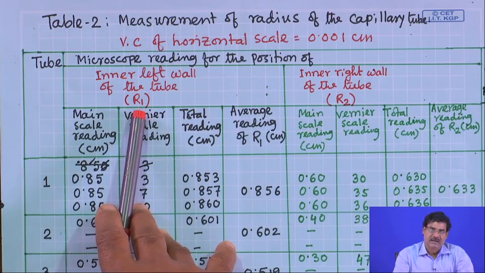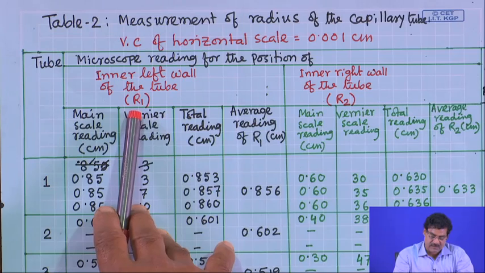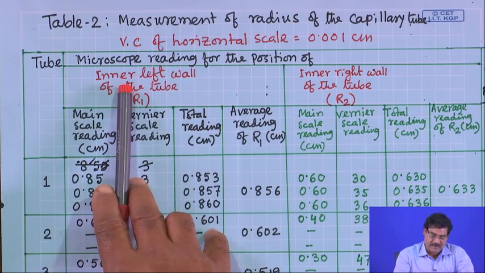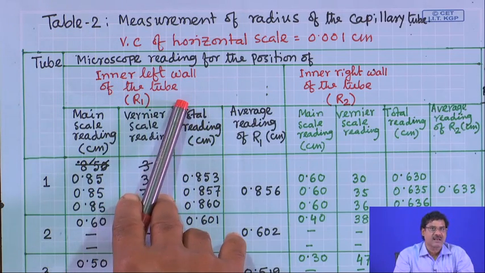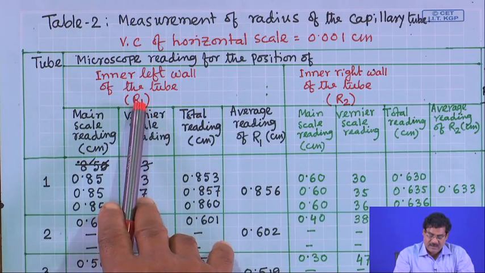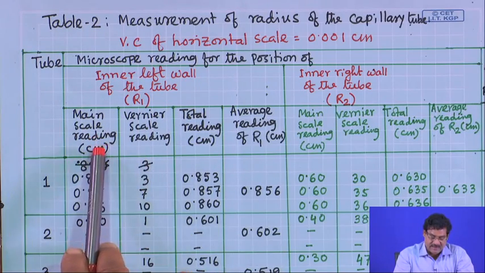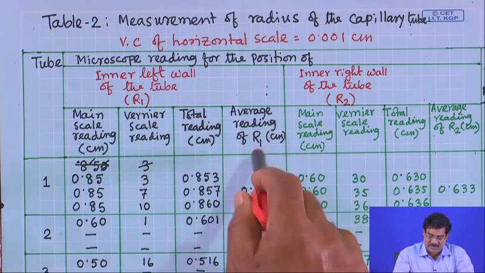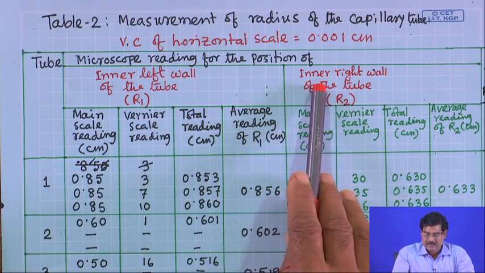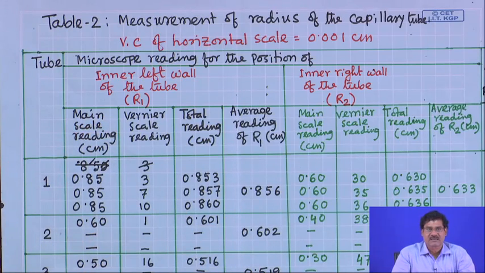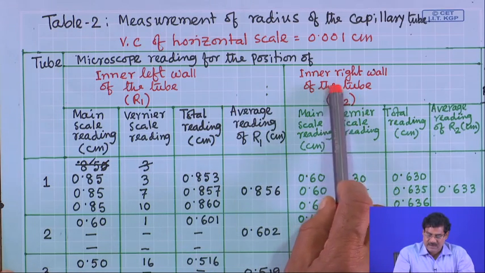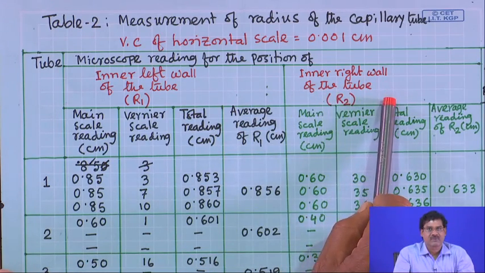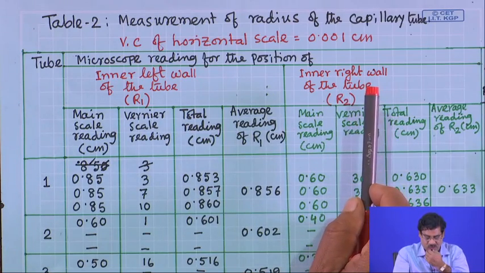So, now the cursor, you set at the inner left wall of the tube, that is R1, and take the reading: main scale reading, Vernier scale reading, total reading, and average, the same way as we took readings for height. Similarly, you focus, just shift, it is already focused. Now just shift this cursor to the inner right wall of the tube that I showed you during the